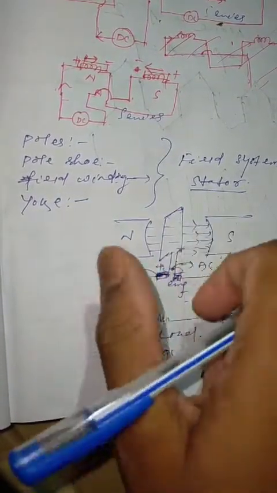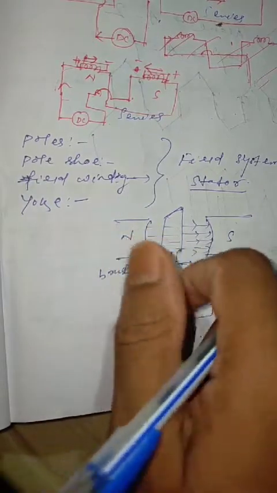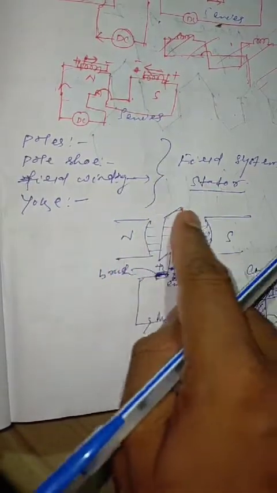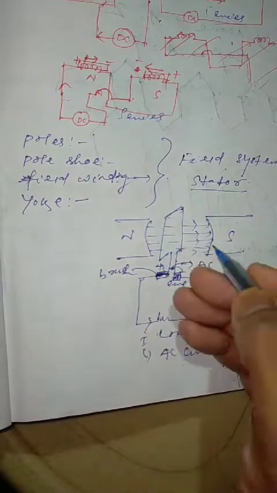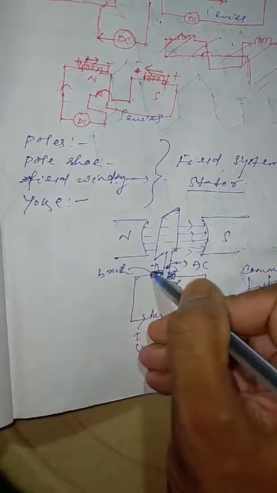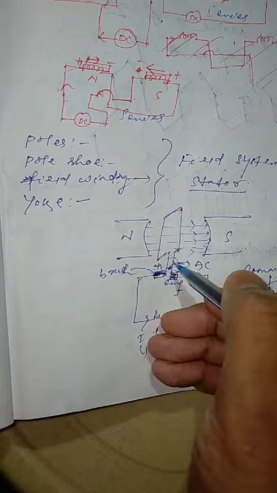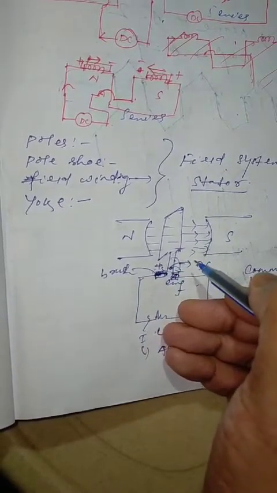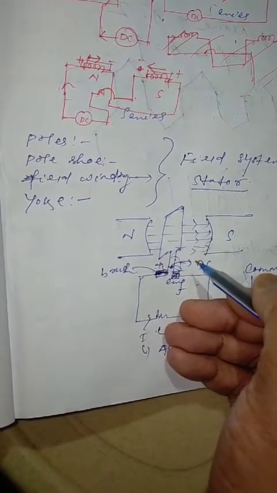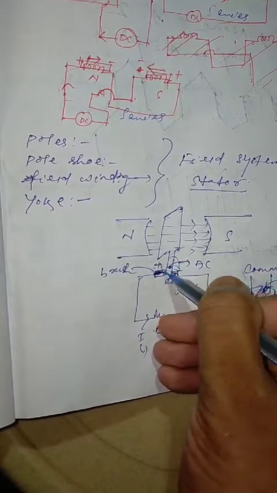Next what we have to do, we have to rotate this one. So once the conductor is rotated here, then ultimately an EMF is induced. Where will the EMF be induced? At the terminals of the rotor there will be induced EMF. And always remember, the induced EMF is always alternating in nature. So whenever we have an alternating induced EMF here,